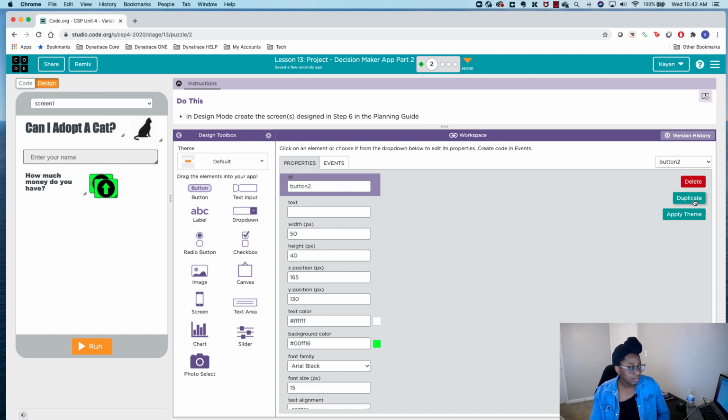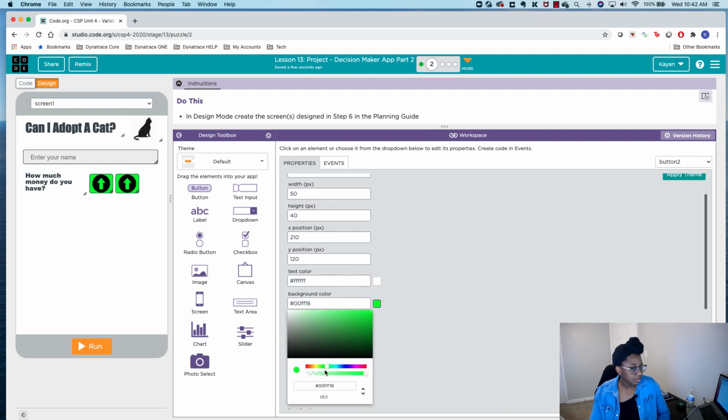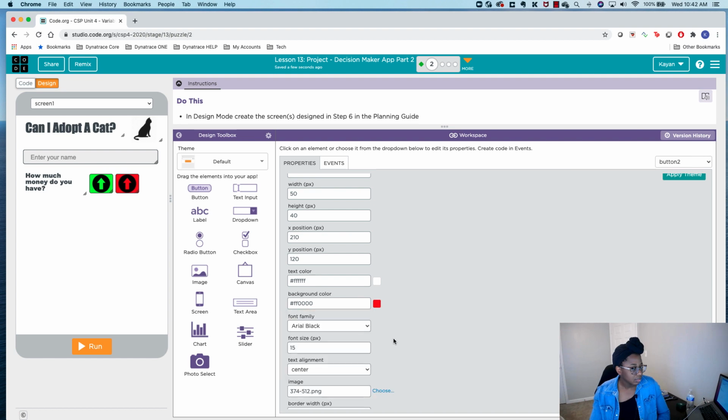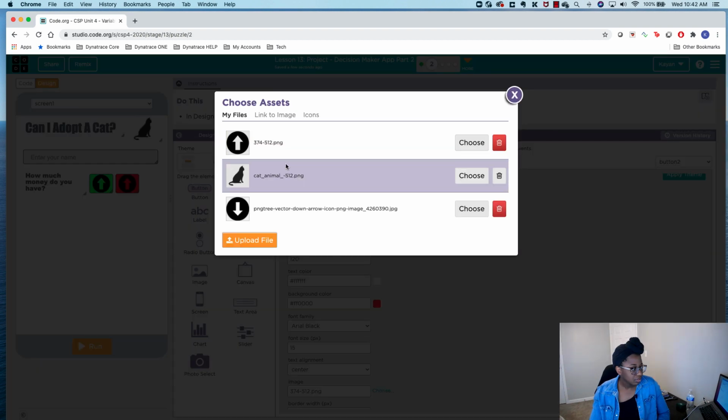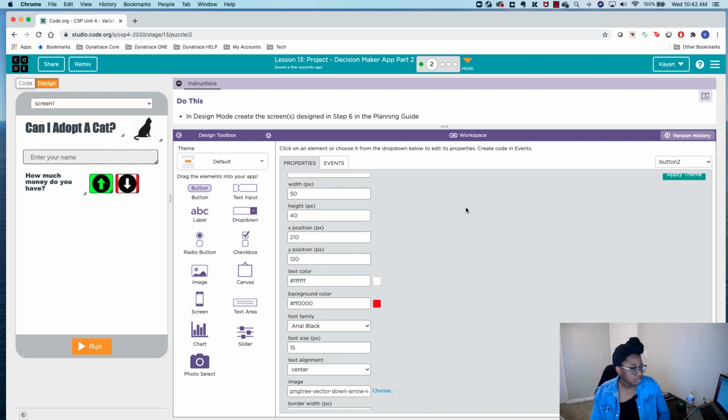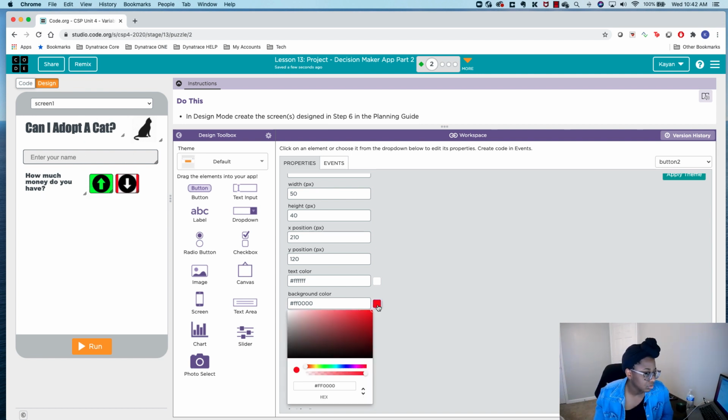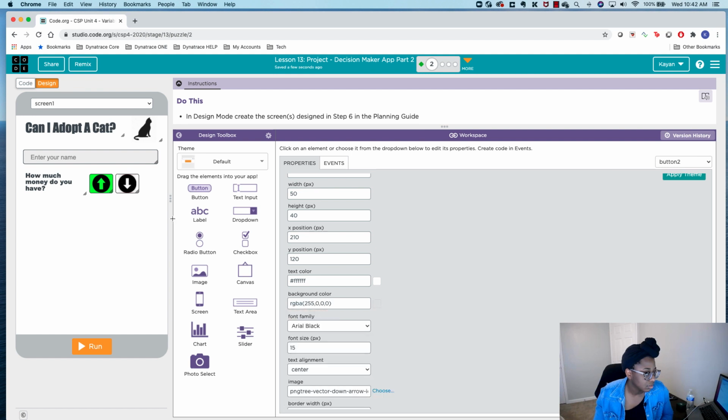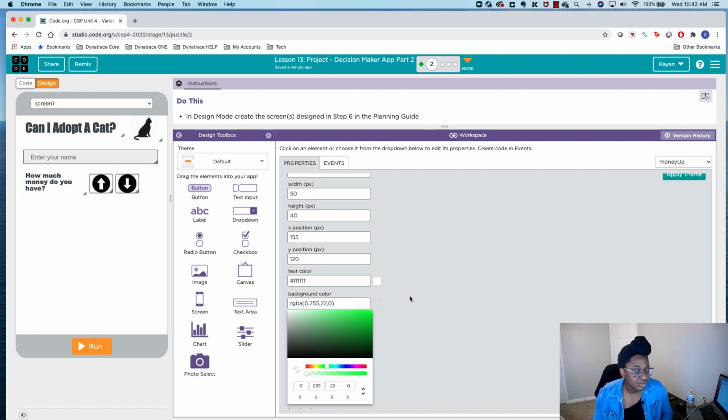I'm going to duplicate this. I'll put it beside it, and I'm going to change this background color to red. And pick an image. That's going to be my money down, but it has a white background, so probably what I'll do, I'll just take out the background and just leave it as white